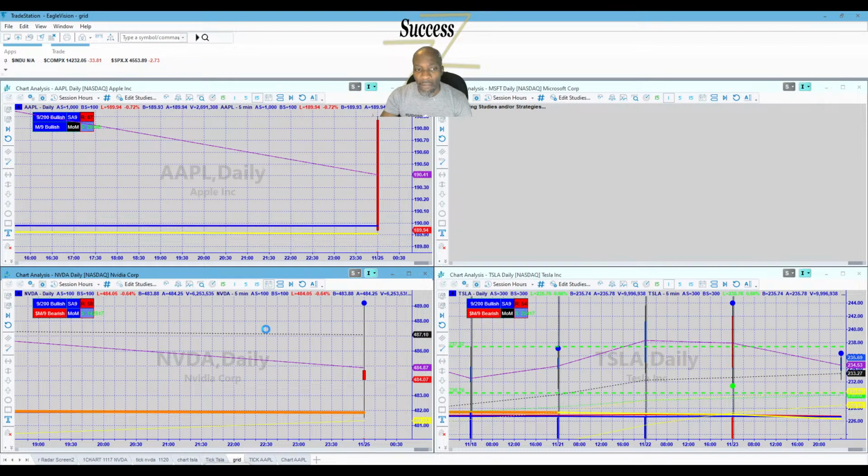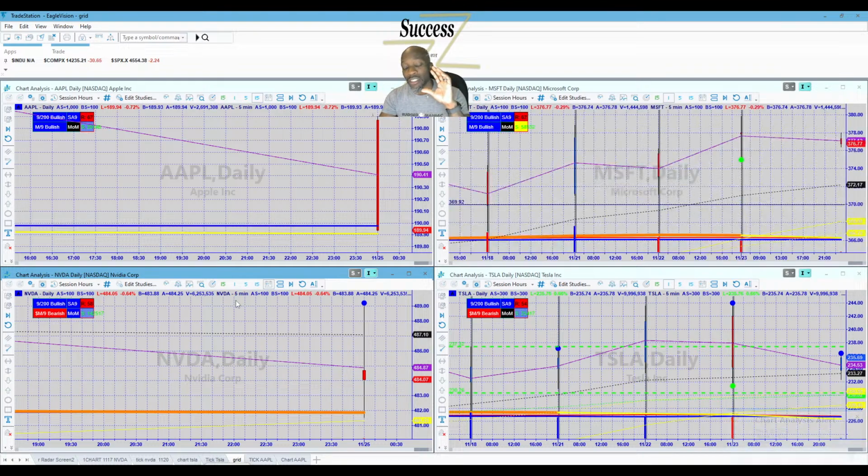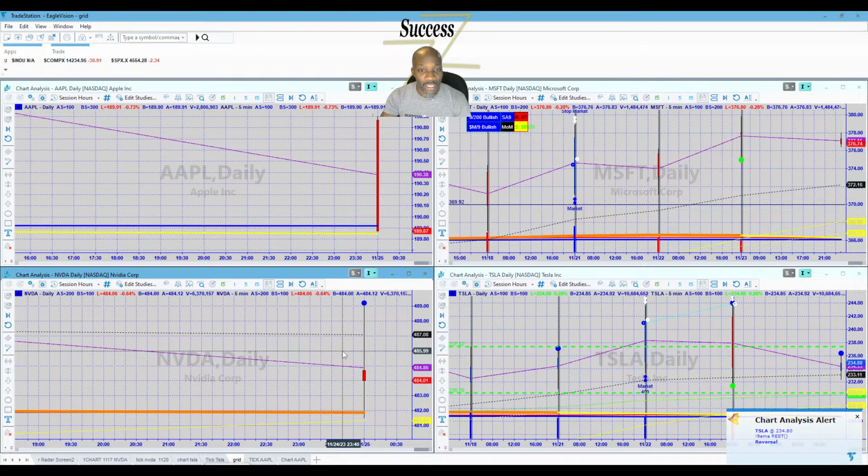The daily is going to be showing up as the data 1 interval. The second interval is 5 minute, and then the third interval will be 15 minute. So on the daily chart,